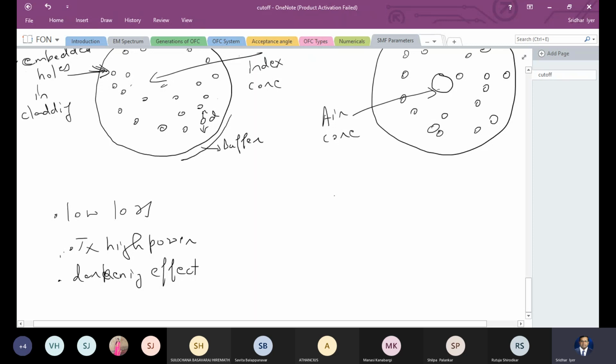Okay. Now, when it comes to photonic band gap fibers, you can see that it consists of the air holes, and then there is also going to be an air core there, and the operating principle is going to be same as what is used in a lattice or a semiconductor, and this hollow core that we have is going to act as a defect, so that the light can propagate much better. So photonic bandgap fibers give you better output compared to the index guiding fibers, right?